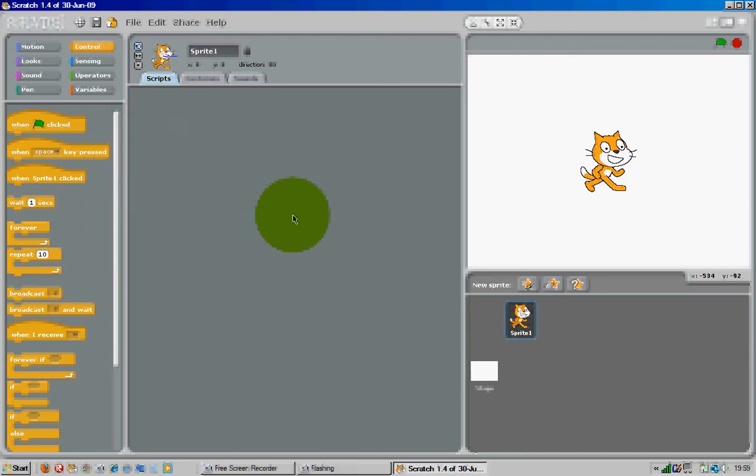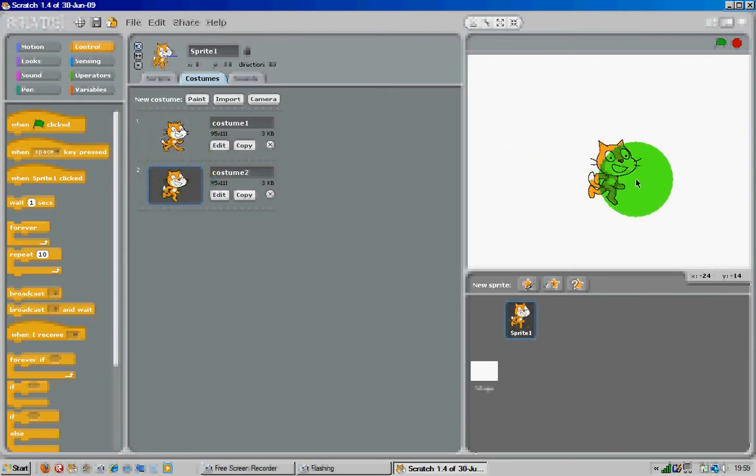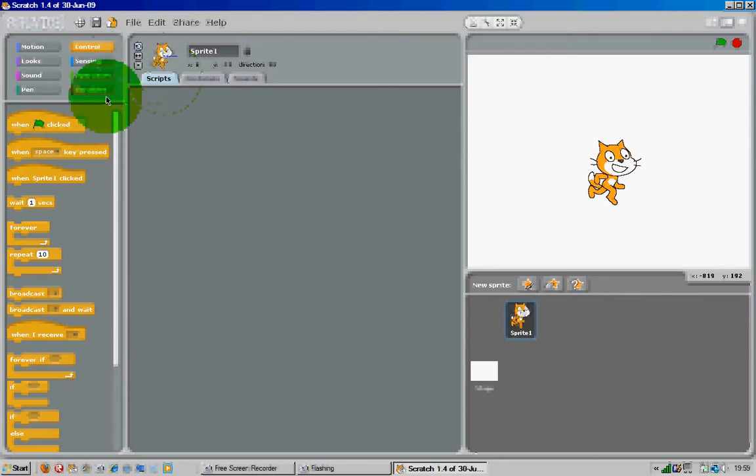Okay guys, so today I'm just gonna show you how to make the cat move his legs like he's walking and then move back and forth. First of all, as you can see, he's got two costumes, where if you switch between them, watch over here, as I switch between them, it looks like he's walking. So what we're gonna do is make a script to simulate that